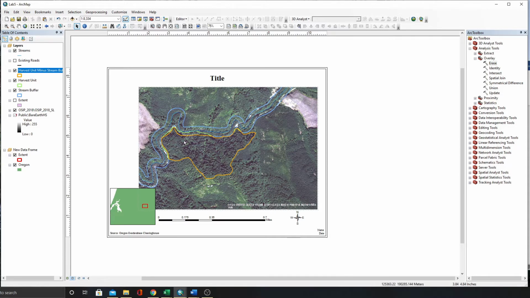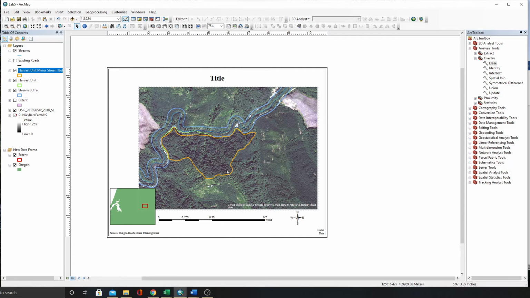Also, when you're adding in your information, things like legends and text information and things along those lines, that's also something you can consider as who your audience is. A bit of a hint for your title here. This is the West Fork Millicoma, like I said, and this is a cut unit. So you can use that to come up with a title that is descriptive of what